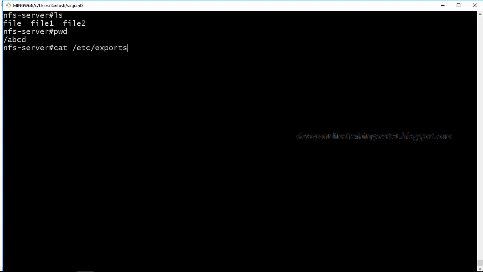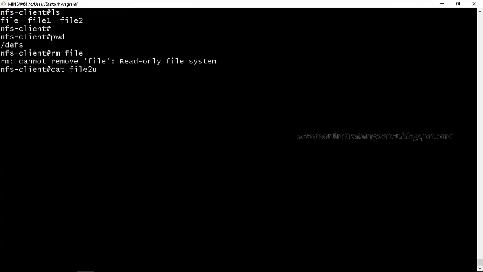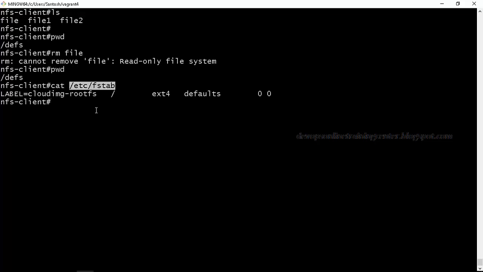In the same way, if you want to make the mount permanent, there is a file where you can add it, fstab. Yeah, this is the file. If you add it in fstab, this will be permanent. Otherwise it is temporary. If you don't add it, when you reboot the machine, it gets removed.